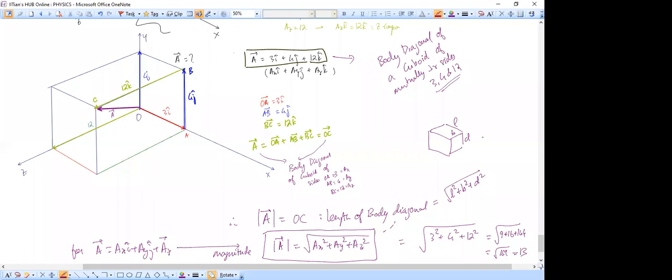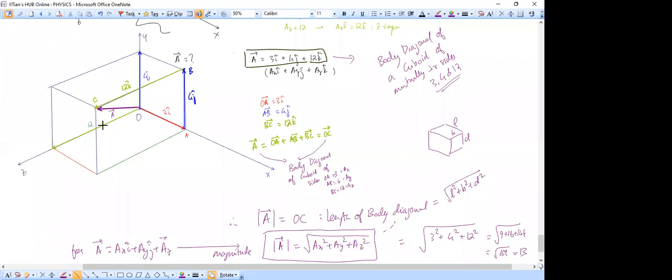Yes, we have to connect that way. Okay, so you'll also see one thing, that we could have gone in any order. Basically 3 i cap plus 4 j cap plus 12 k cap would have been the same thing had we gone 12 i cap first. So just follow my cursor.